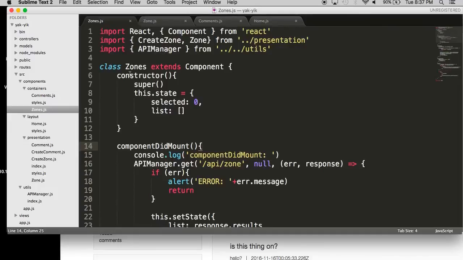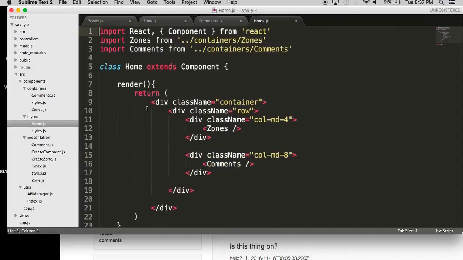Okay? So step one is just understanding what Redux even does. Like, what is Redux? Why do we use it? This is why. Redux isn't the answer for everything, right? If we only had comments or only had zones and that's it, we wouldn't need Redux. Or better yet,